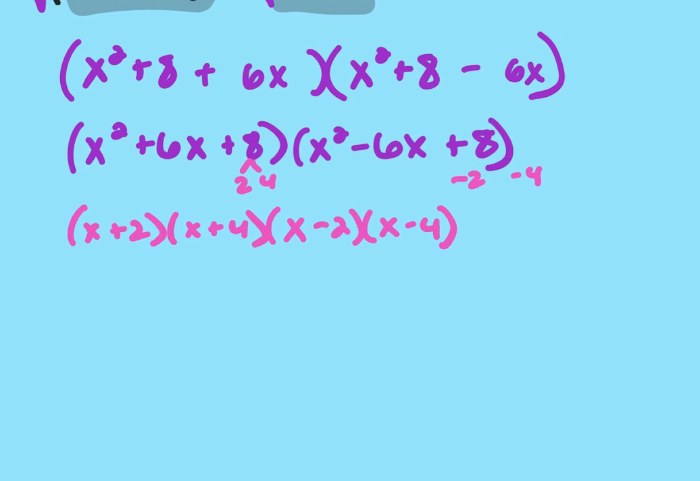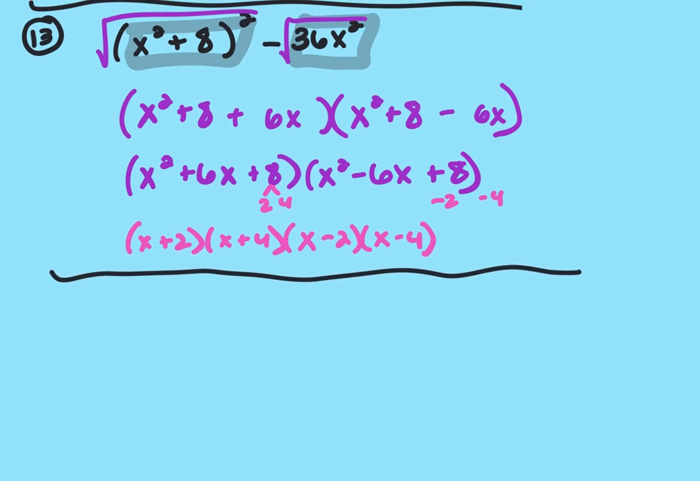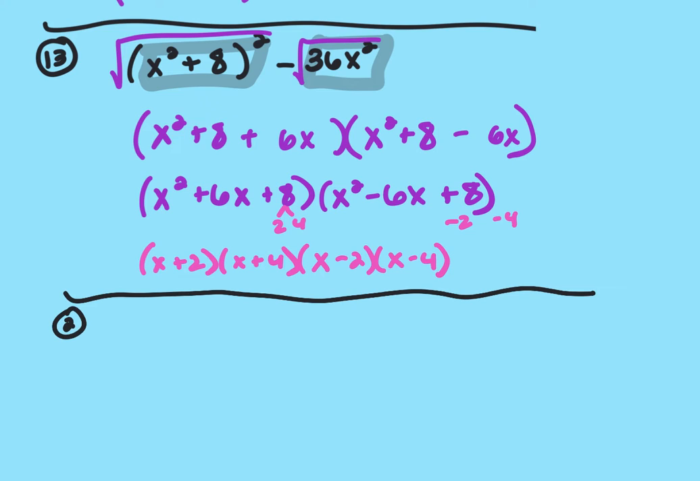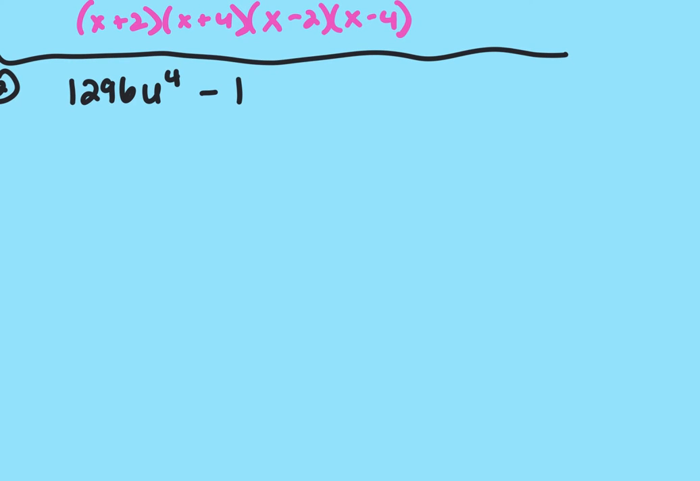Rodrigo. My question is number 2, and it goes 1,296 u to the 4th minus 1. That's fun. All right, so 1,296, because 1 is a perfect square, u to the 4th is a perfect square, and there's a minus between,